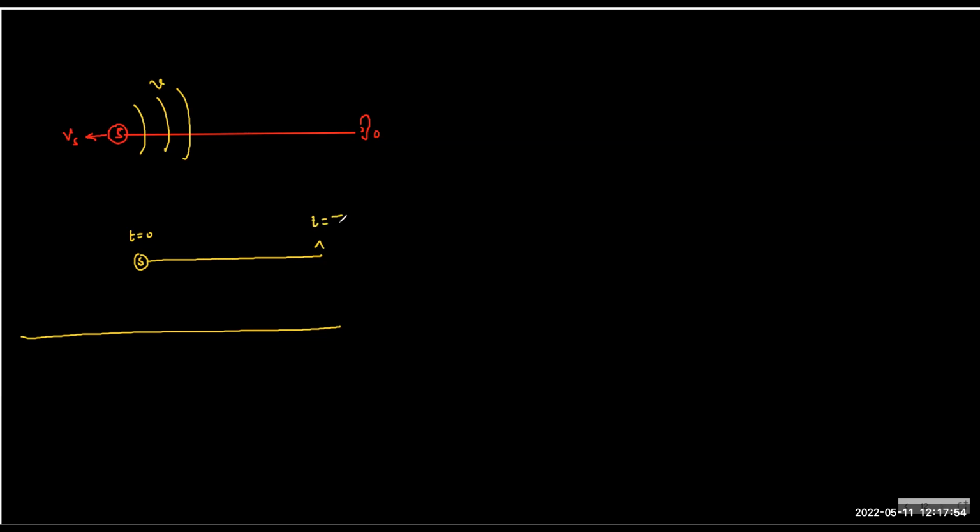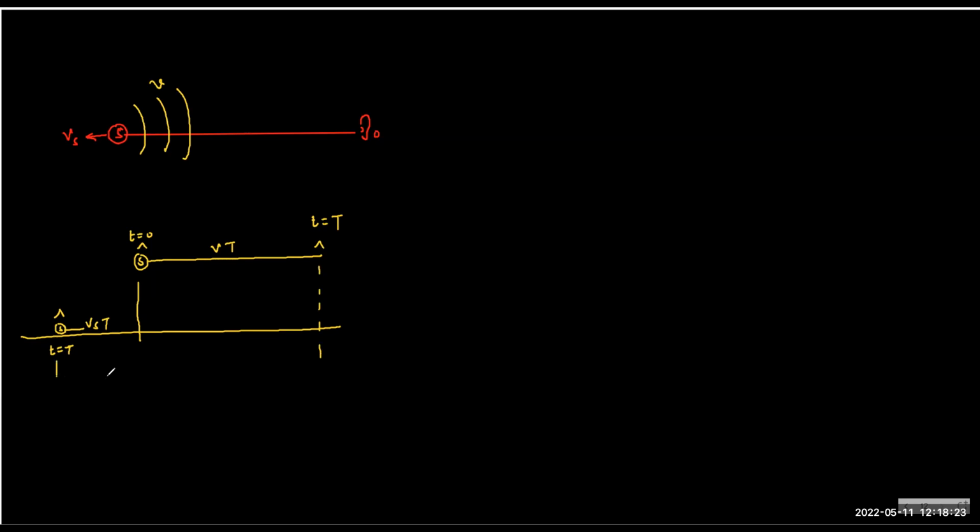I mean, this is t equals t. But in the same time, the source will move towards left. And the distance it will travel is Vs into t, and the distance the first crest will travel is V into t. So the next crest will be emitted here,